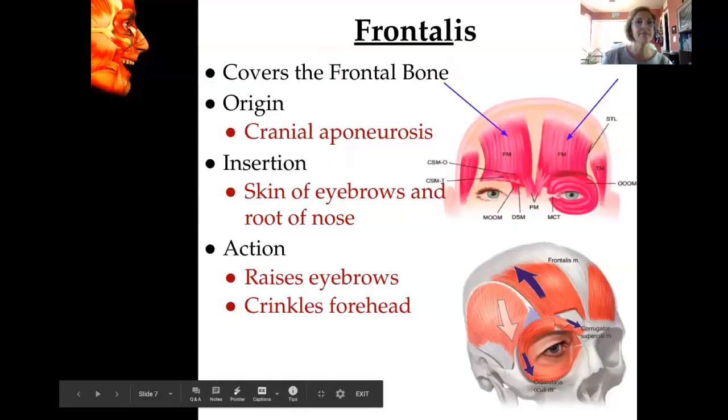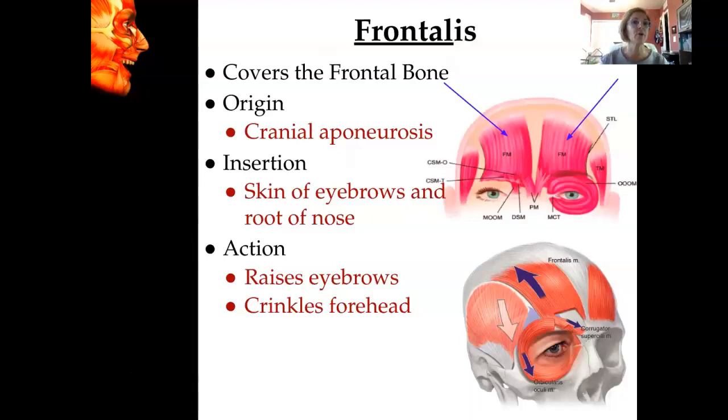Frontalis, named according to location. Common mistake on the test is saying the frontalis muscle originates on the frontal bone. It does not. Okay, it originates on the aponeurosis, which is this flat connective tissue covering your skull. We mentioned aponeuroses last week with like latissimus dorsi, trapezius. So those are flat sheets of muscles. This is the cranial aponeurosis because it's covering the cranium, or you might see it called the epicranial aponeurosis because it's above the cranium. So it is originating here, it's inserting here on the skin of the eyebrows and the